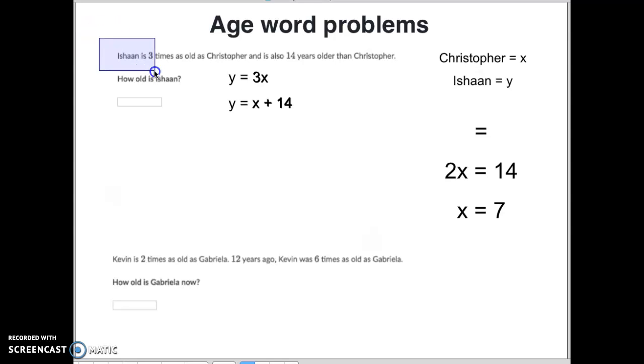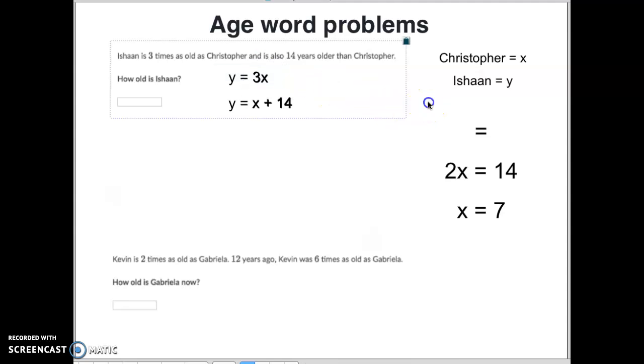First problem says, Shawn is 3 times as old as Christopher. Okay, so if Shawn is 3 times as old as Christopher, how old is Christopher? Well, the fact is we don't know. So we're going to call Christopher our X, okay? And that means Shawn is Y. So Christopher, the one we don't know, is X. Shawn, who's 3 times older than him, would be Y. So the equation for that would be Y, which is Shawn, is equal to 3 times Christopher's age, or 3